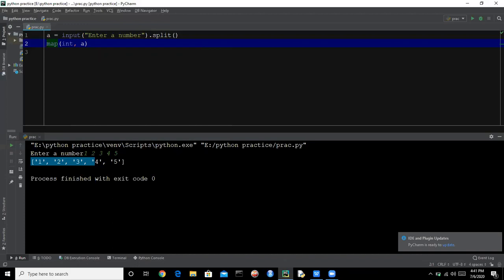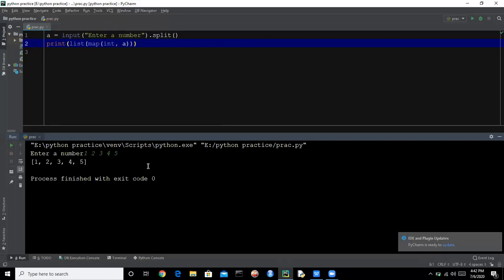So let's print this. So 1, 2, 3, 4, 5. So it is giving us the reference of the map object. So this will not give you the list actually. It will give you the reference of the map object. So how can we get the list? If you want to get the list, you can just say list and run this code.